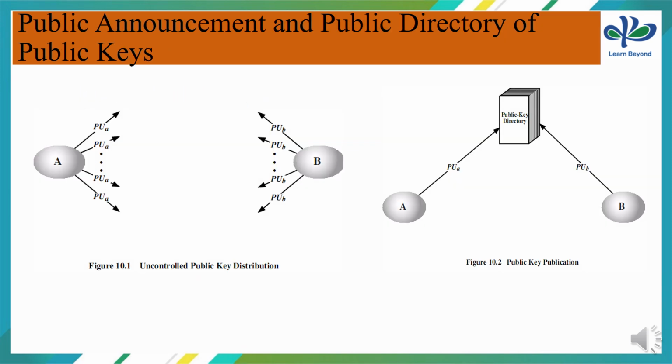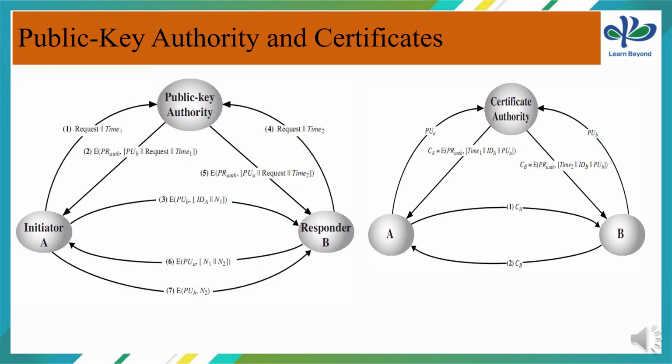Public announcement and public directory of the public keys. The first diagram deals with uncontrolled public key distribution, and the second is public key publication using some directory. That authority will take care of the complete communications safely. So this is about the